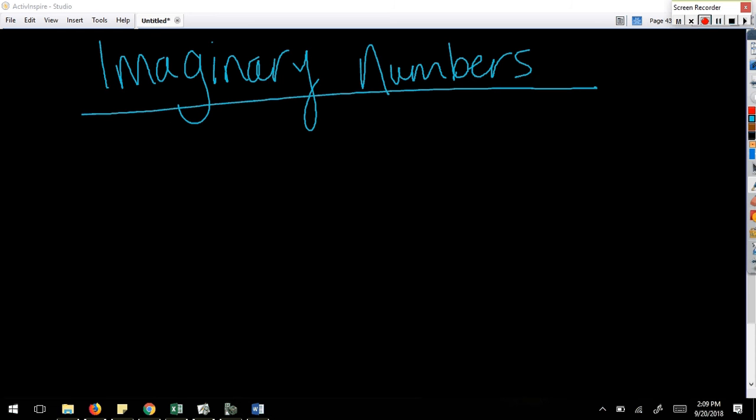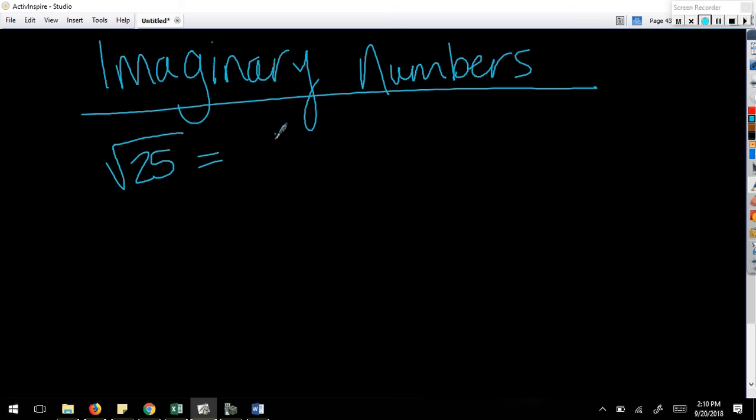So this is kind of relevant considering some of your quizzes had that negative on there. And this is why that quiz used to cover 1.5 and 1.6, but now it just covers 1.5. Imaginary numbers. So when you have a square root, we know that the square root of something like 25